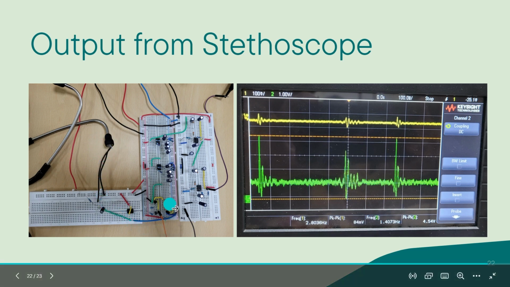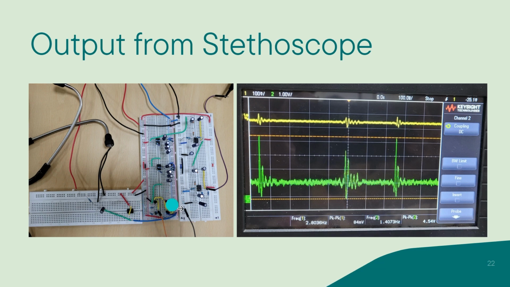Now this here goes to the BJT based differential amplifier preamp, which is giving a gain of more than 100, as we saw in the previous slides. Then this goes via this green wire to the high pass filter, and from the high pass filter it is here going to the low pass filter, and from the low pass filter this wire shows the output, which is this probe connected to